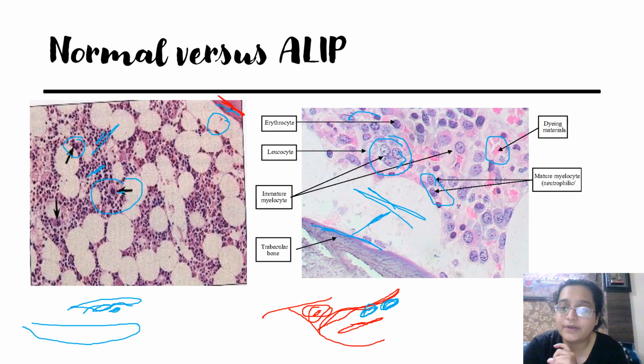LAIP is this aberrant immature immunophenotype of the precursor. That is LAIP. ठीक है, वो अलग चीज है और ये अलग चीज है। Actually terms में लोग confuse होते हैं, इसलिए मैंने LAIP mention किया, otherwise I would not have mentioned. There's something called LAIP. Don't get confused, but this is ALIP, abnormal localization of immature precursors, ठीक है।